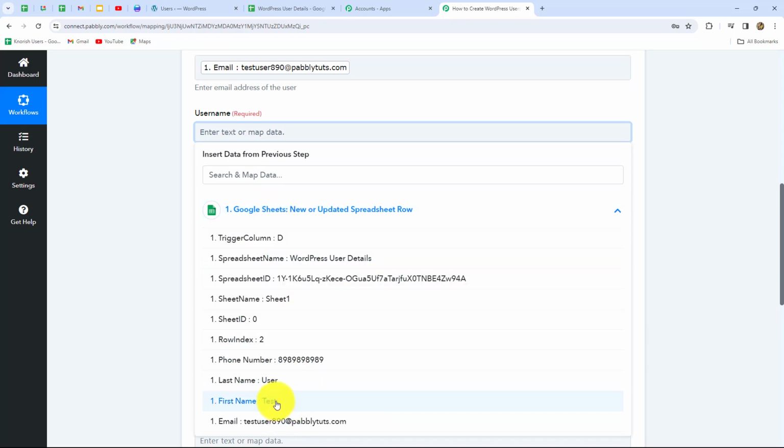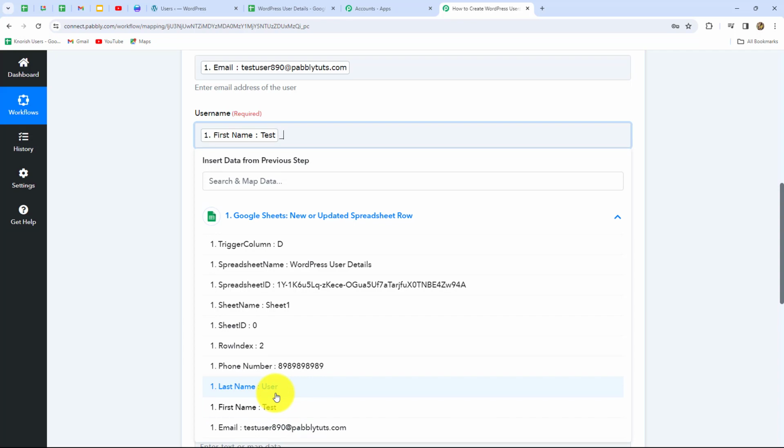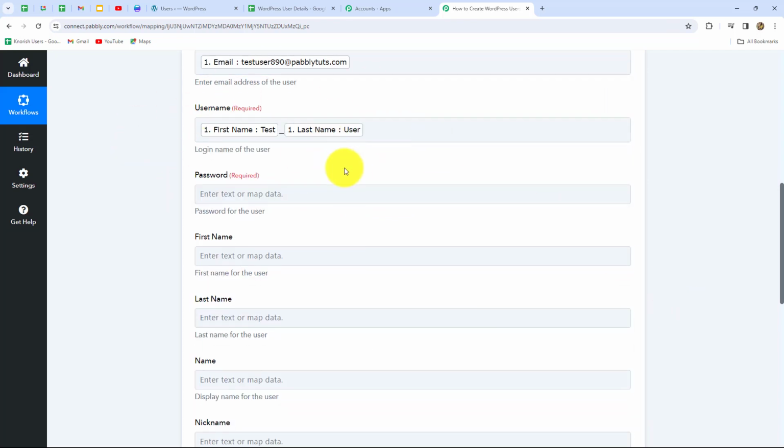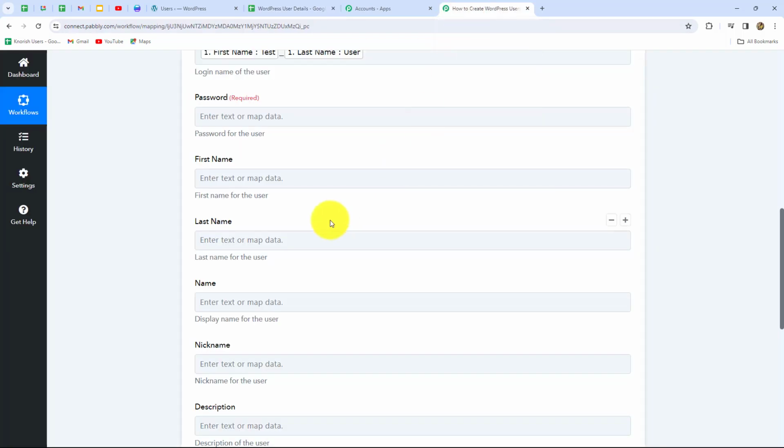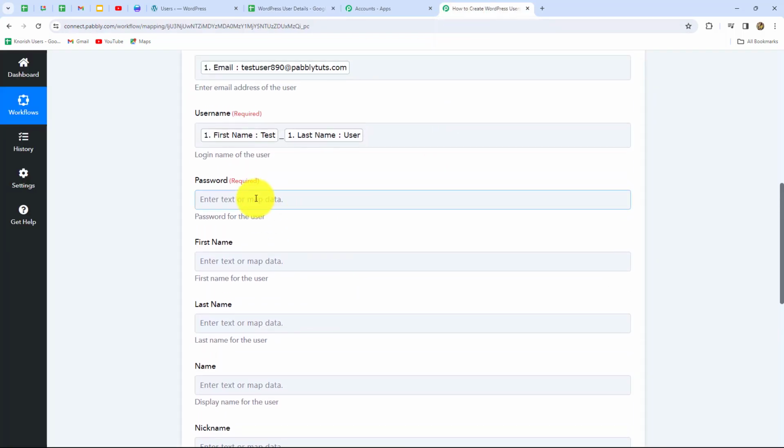So I'm going to use this as username. First of all, I'm going to map the first name and then I'm going to use an underscore and then I'm going to map the last name of the person, and this will make the username. Now the next is password. So I'm going to use some combinations to create the password. I'm going to use the first name and some random numbers for creating a unique password for each and every